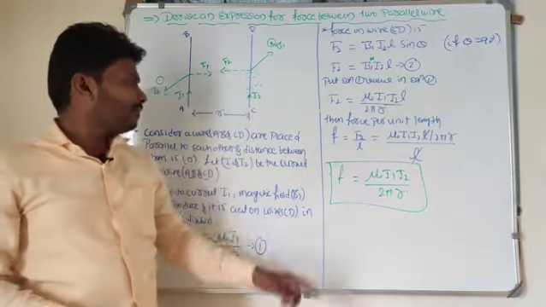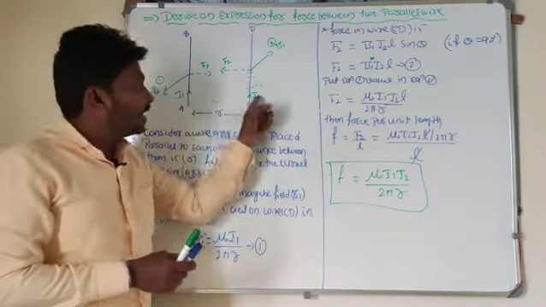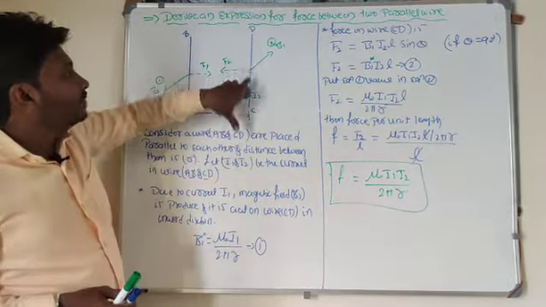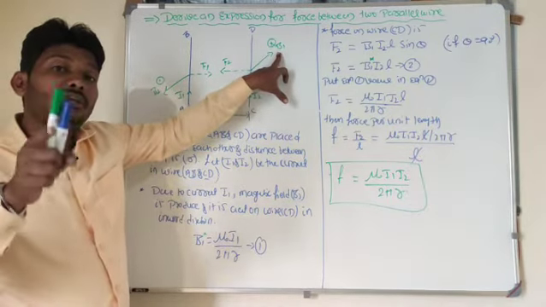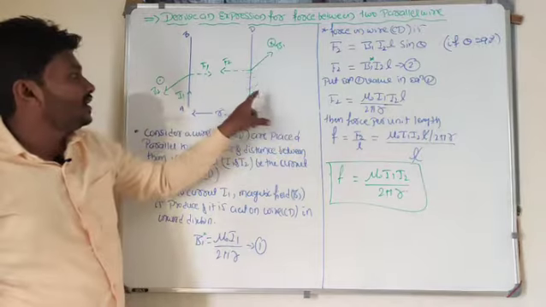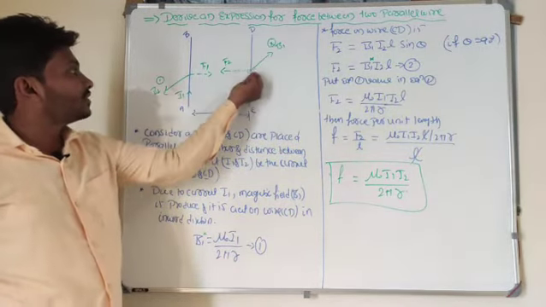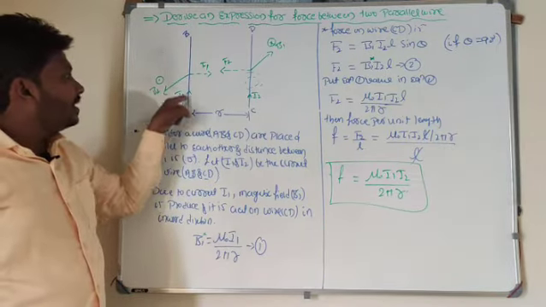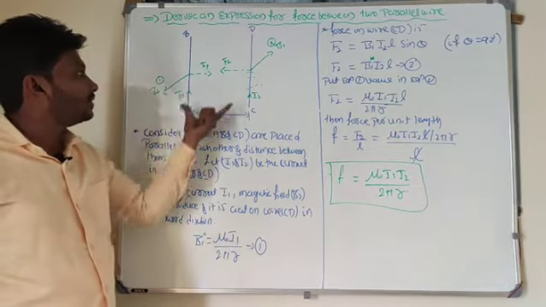Look at here, in these two wires the currents I1 and I2 are flowing in the same direction. From the current I1 you will get magnetic field B1, and that magnetic field B1 acts on the wire CD here. I know the direction of the current and the direction of the magnetic field, and this is the direction of the force. In a similar way, in wire AB current I1 is flowing, this is the direction of the magnetic field, and this is the direction of the force.